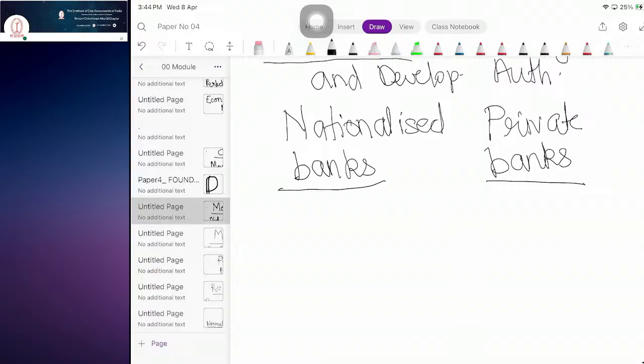See, Bank of Maharashtra, Bank of Baroda, SBI, Canara Bank, Syndicate Bank, these are all what you call nationalized banks. The government is the major shareholder in these banks. Have you got it? These banks are called nationalized banks. And other than these banks, those which were set up,